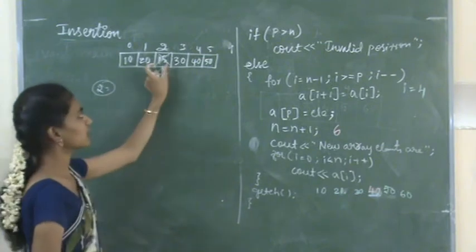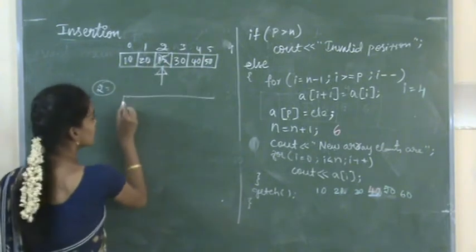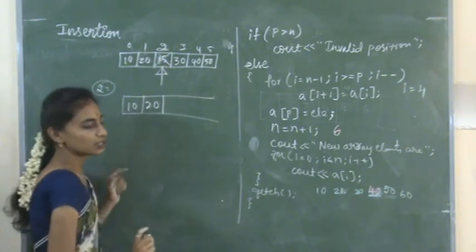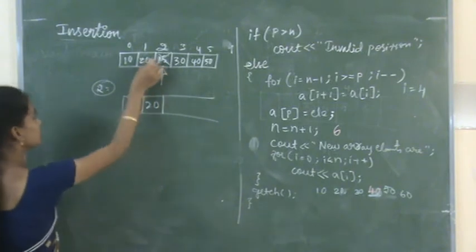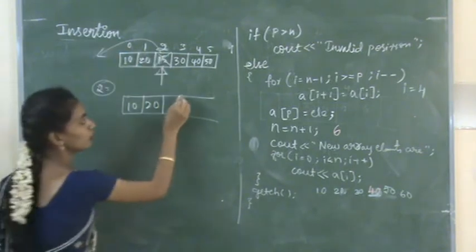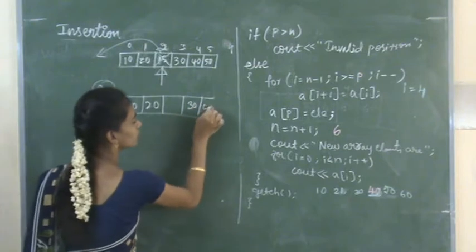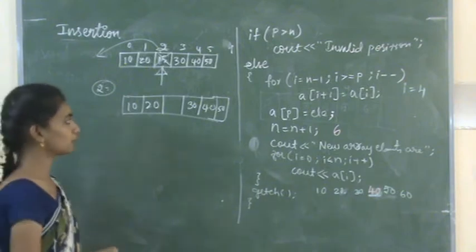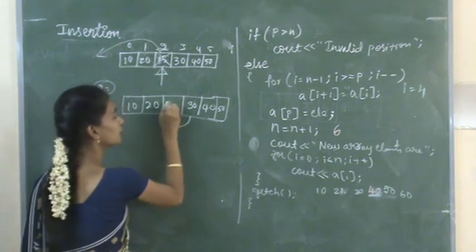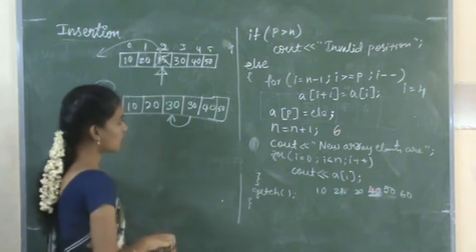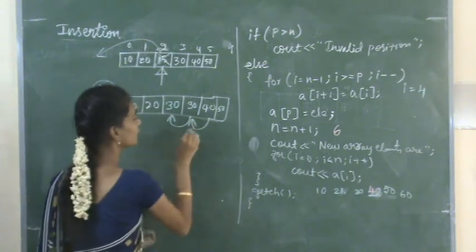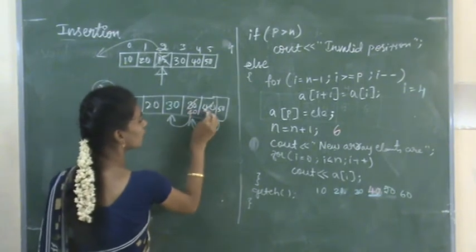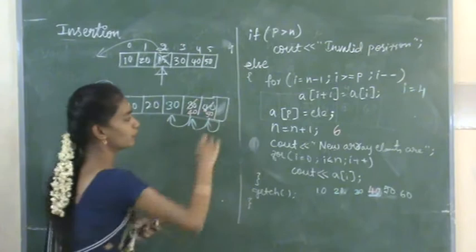If it is deleted, it becomes an empty space, right? So now I deleted 50, which means I removed this 50 from the array. Now the array becomes like this. Now what I will do is shift this 30 to here, and this 40 to here, 50 to here. Now this 30 becomes 40, 40 becomes 50, and this is the empty space.